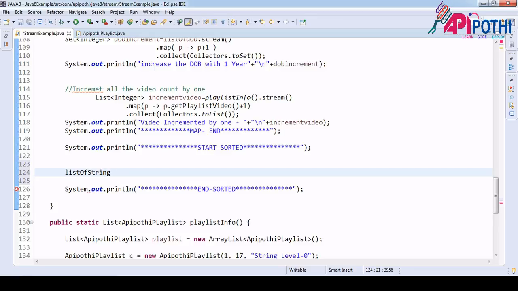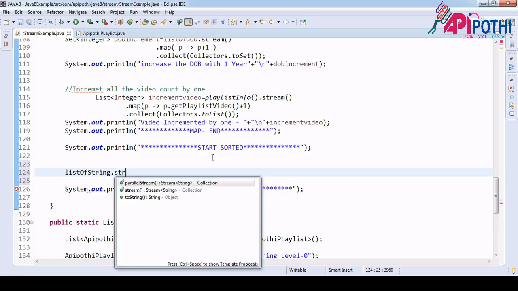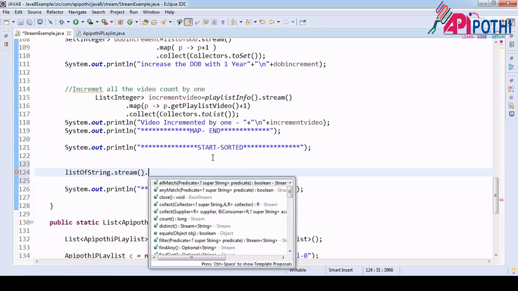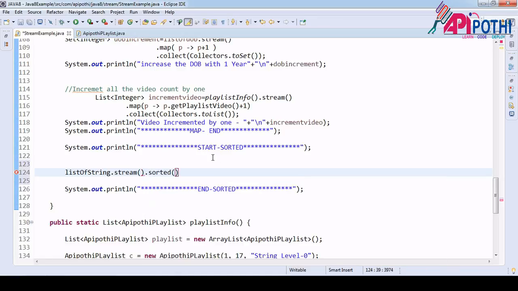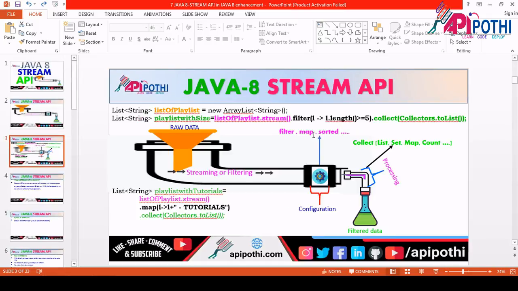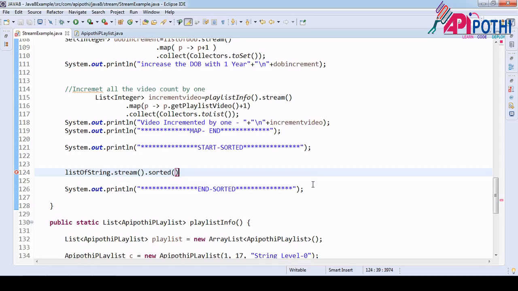To do any operation, to do the sorting, I want to put inside the pipe. Pipe means stream. Okay, so once we are putting inside the stream, stream also has the sorted method. So if you remember this figure, you will be having the sorted method here itself as part of the configuration only, right?